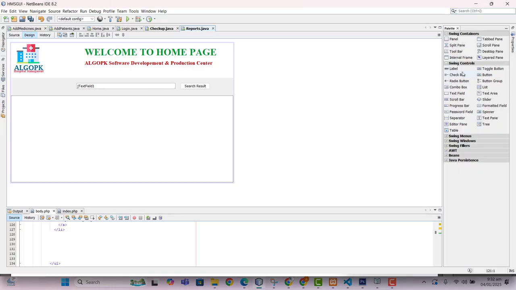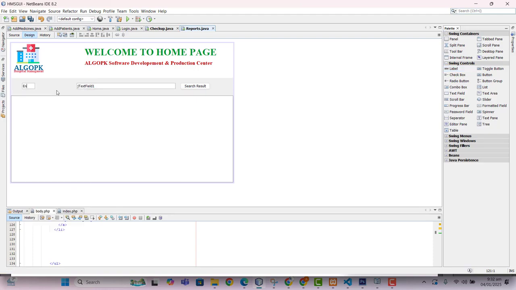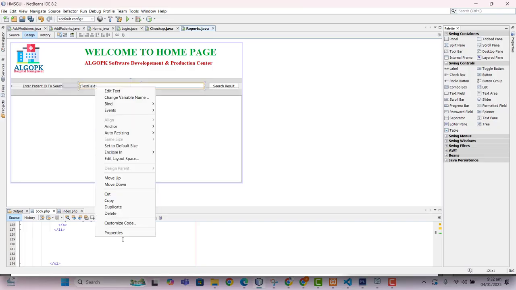Okay, so now what I have to do, take a label and put it here, edit text, enter patient ID to show result to search. Okay, and edit text to null, little increase its size, properties,